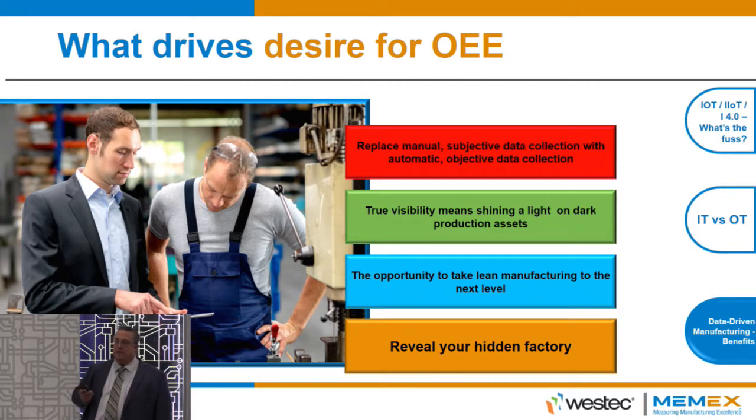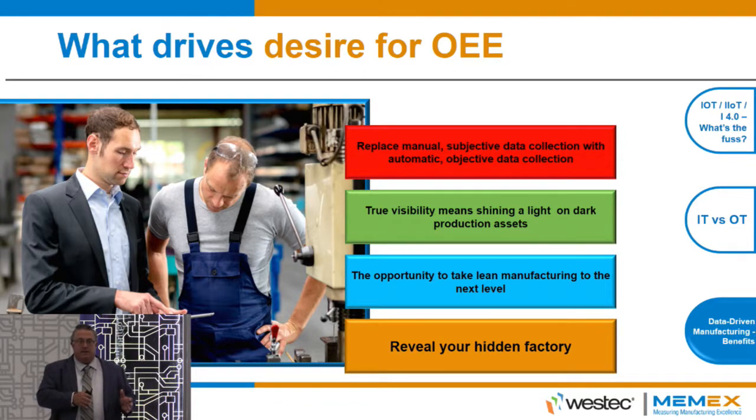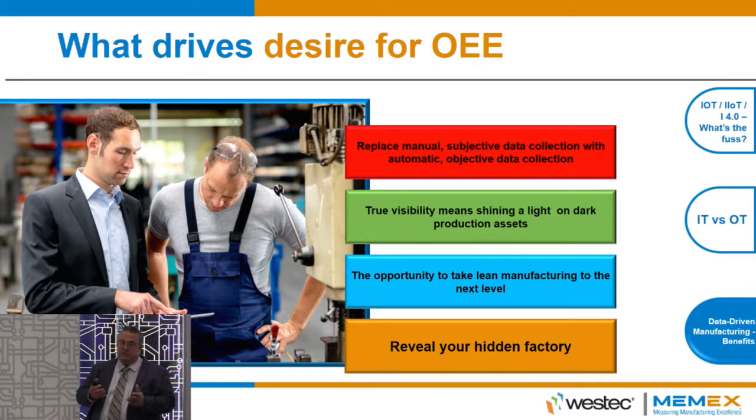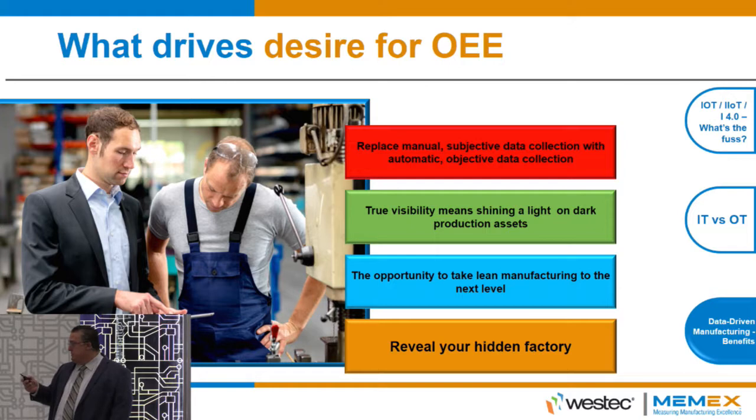When you look at a Kaizen event as an example, the first day or day and a half you spend collecting data, the next day you spend coming up with a project to improve the process, and the last day or half a day you spend collecting data to see whether that change was positive, neutral, or negative, and then you rinse and repeat. If we have everything connected and we're calculating OEE in real time, all we have to do is run a report and then pick the continuous improvement areas that we want to work on that have the highest value, and we prioritize those based on value contribution.